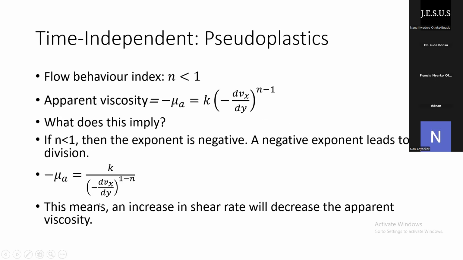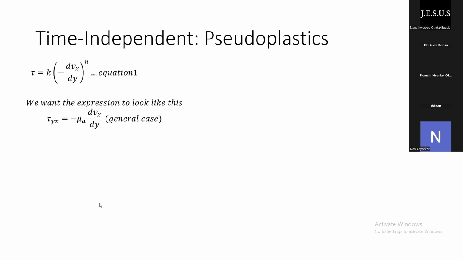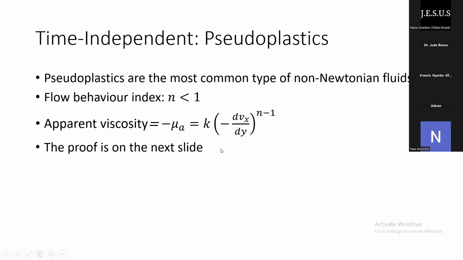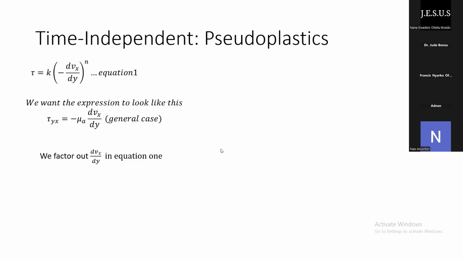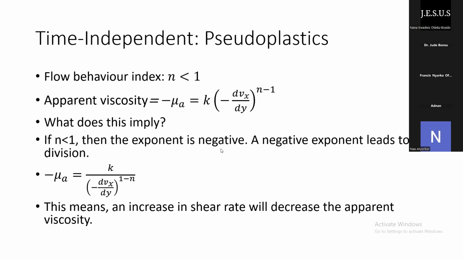And that's how come we had apparent viscosity being equal to this. So still on the time independent, we get apparent viscosity being equal to this. And what does this imply? It implies that the